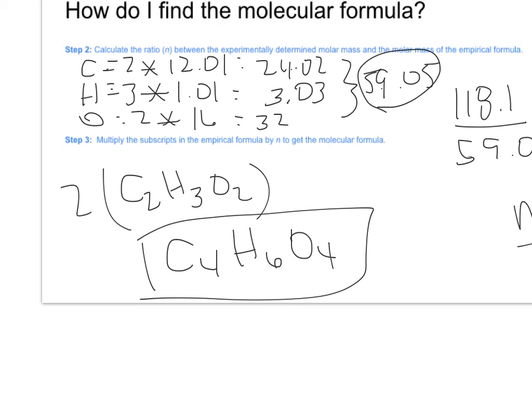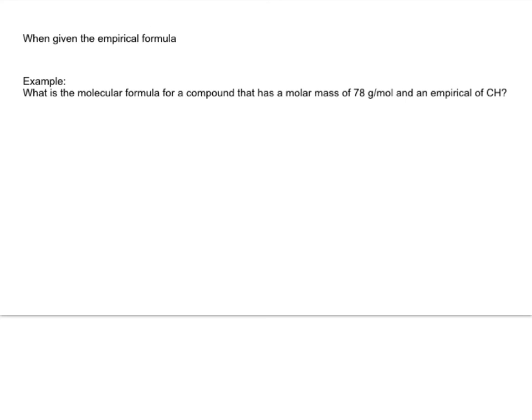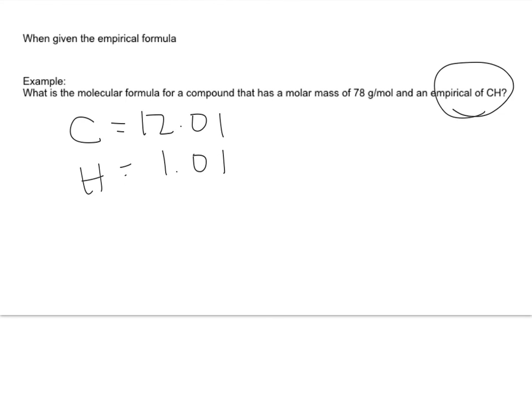Sometimes your molecular formula calculation might look something like this next slide. This slide is pretty straightforward. You should probably do the happy dance inside because they've already given you your empirical formula, so you don't have to do step 1. Once you have your empirical formula, you find its molar mass. We're trying to find the molecular formula for a compound that has a molar mass of 78 grams per mole and an empirical formula of CH. So carbon is 12.01 and hydrogen is 1.01,